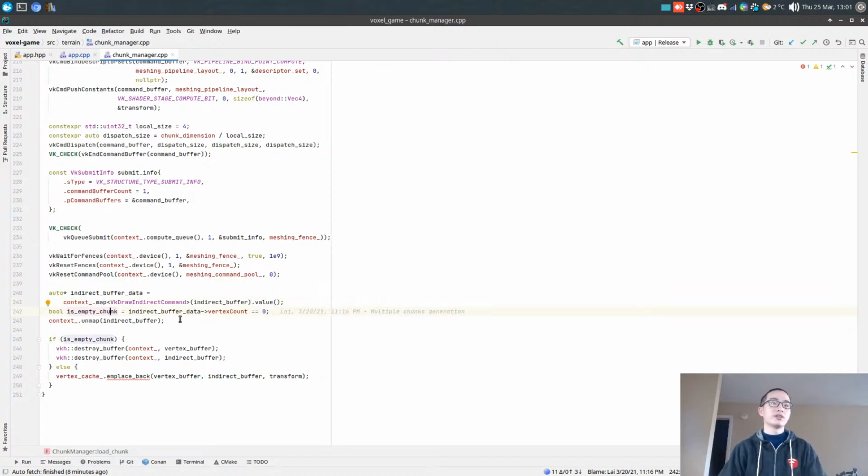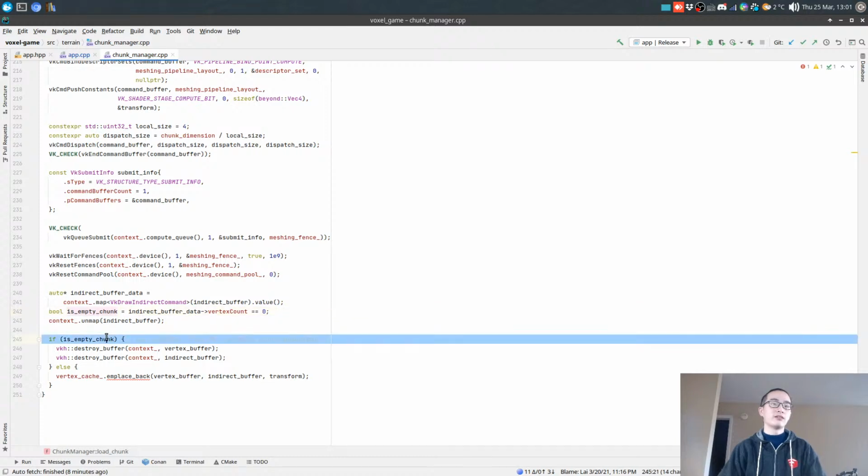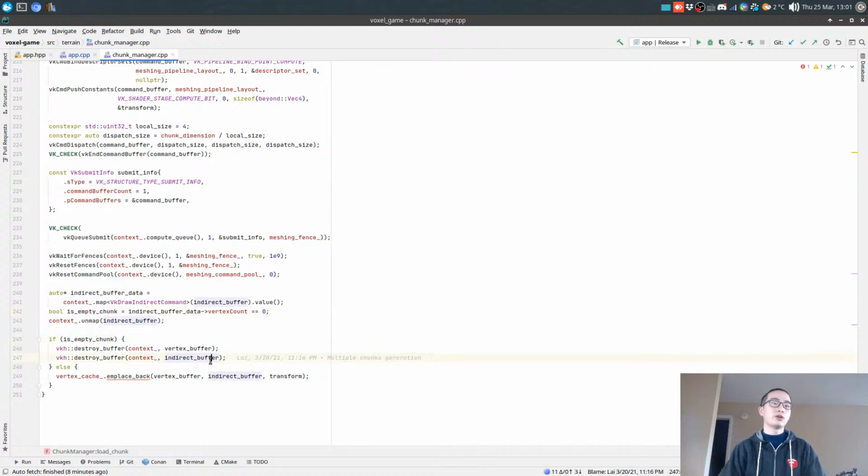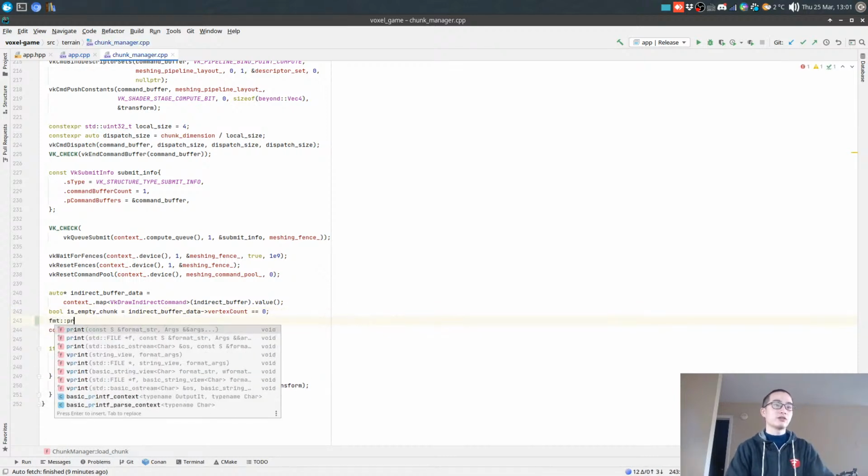If it is an empty chunk, then we don't put them into our vertex cache, otherwise we put them. But still we are wasting a lot of memories. If we do some printing here,